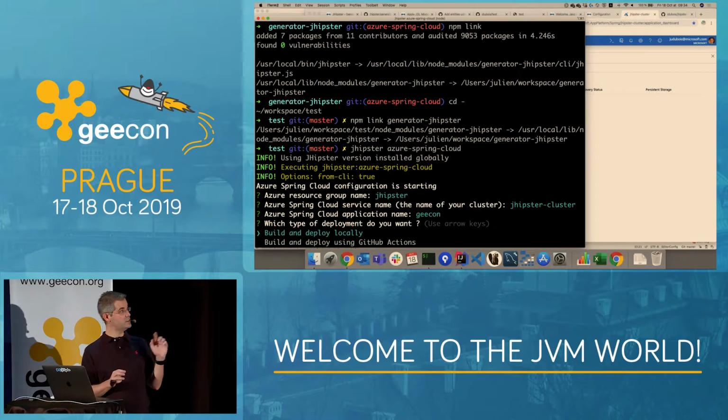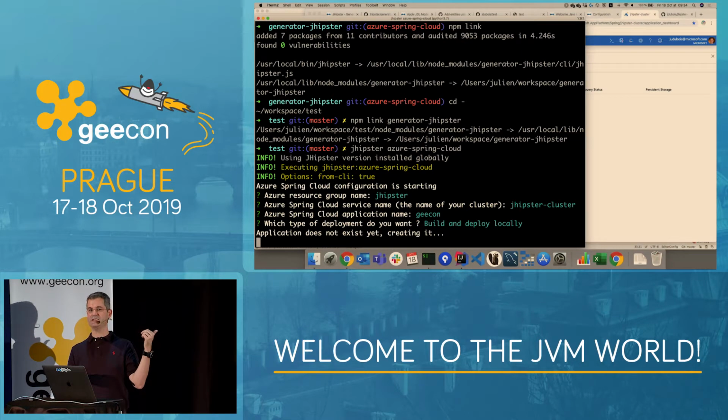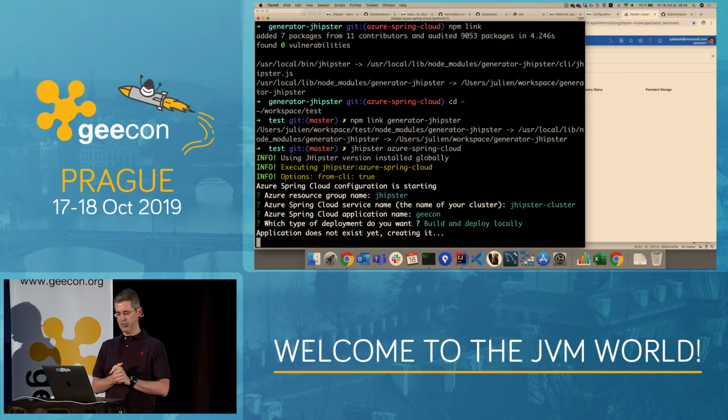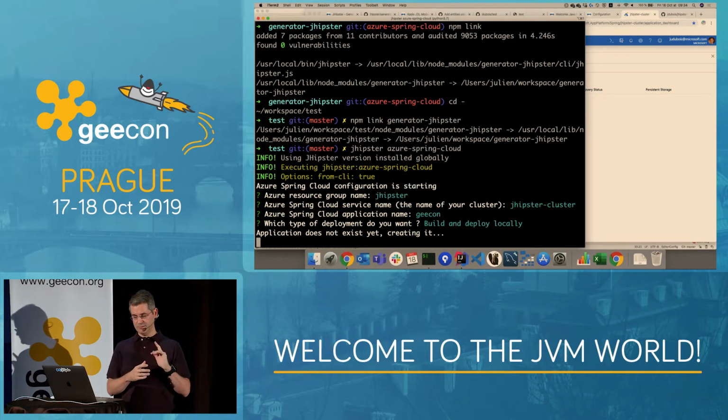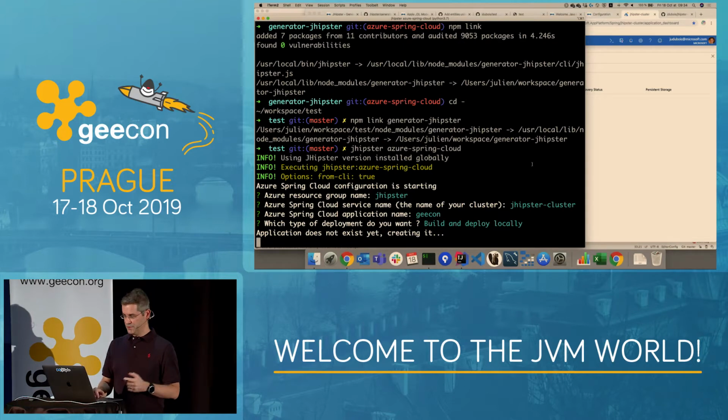And I've got two options. This is something we do quite often on JHipster. Either you build and deploy locally, or you can build on a CI/CD environment. I only did GitHub Actions for the moment, but of course, that will evolve. That's probably the way we prefer on JHipster. Instead of typing and telling it, oh, please deploy everything, we're just configuring the CI/CD, and everything will be done in the CI/CD. So next time, you will just do git push, and you don't type anything anymore. You just git push. The CI/CD will build for you and deploy for you. So you don't have anything to do, which is even better than typing.